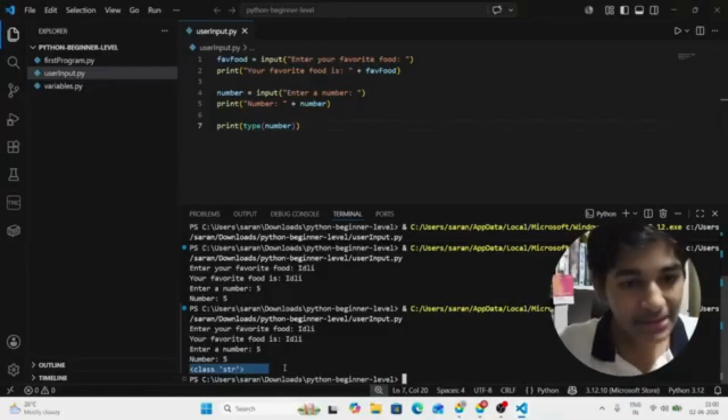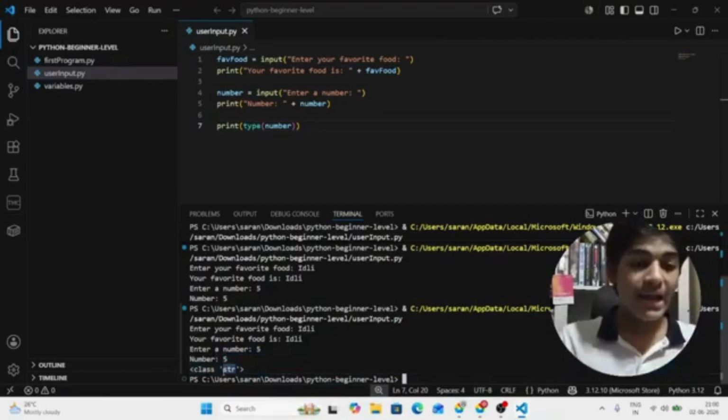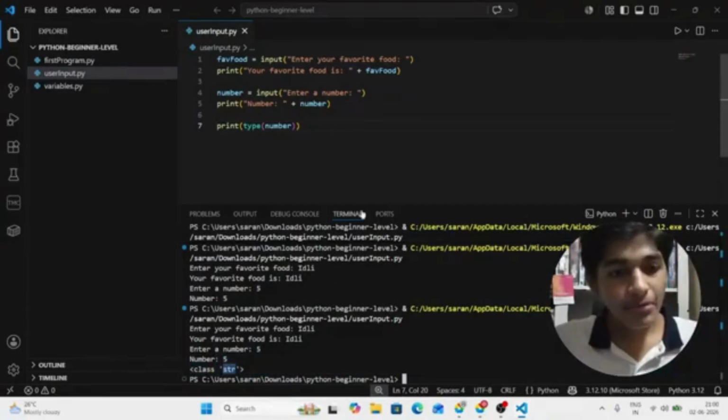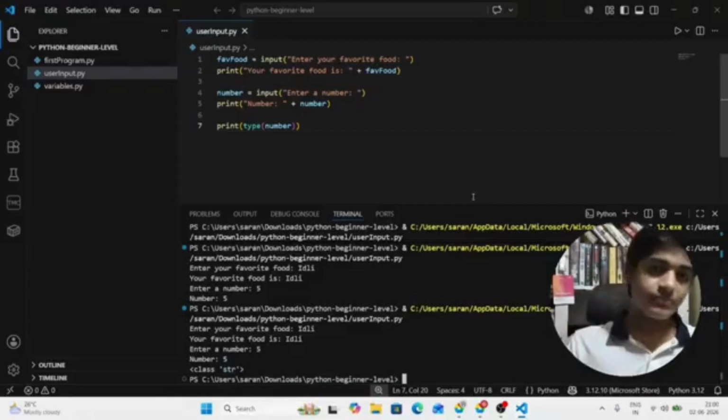Str means string. That means this 5 is not an integer. This is a string. So while our Python program is taking input and giving me the output, it's considering 5 as a string, not as an integer. Now you might be wondering,